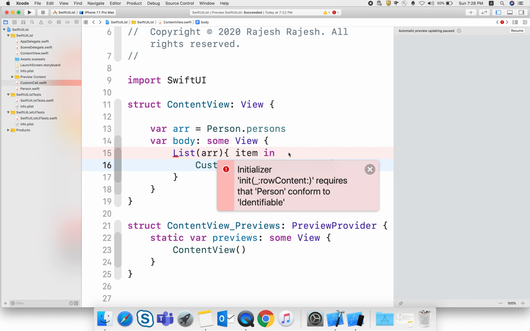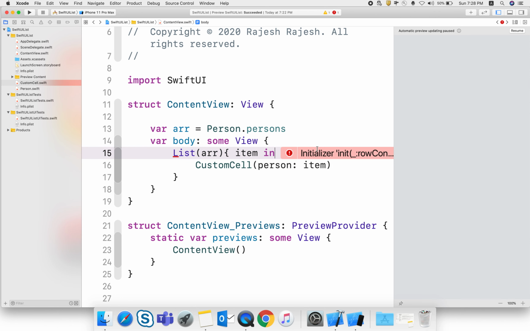So here is one error. It says requires that Person conform to Identifiable. What is Identifiable? Identifiable is basically a protocol that contains an ID property. Whenever you create a list, each row is identified by a unique identifier, but I am not giving a unique identifier here, so that's why it gives the error.